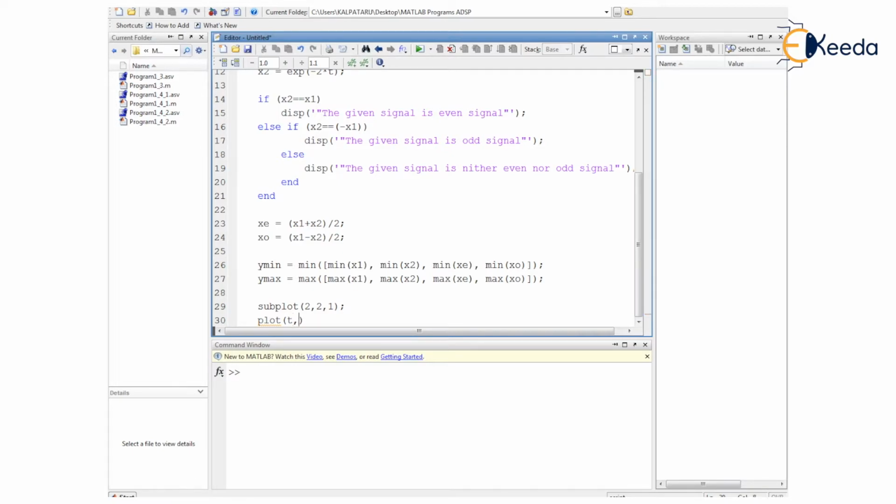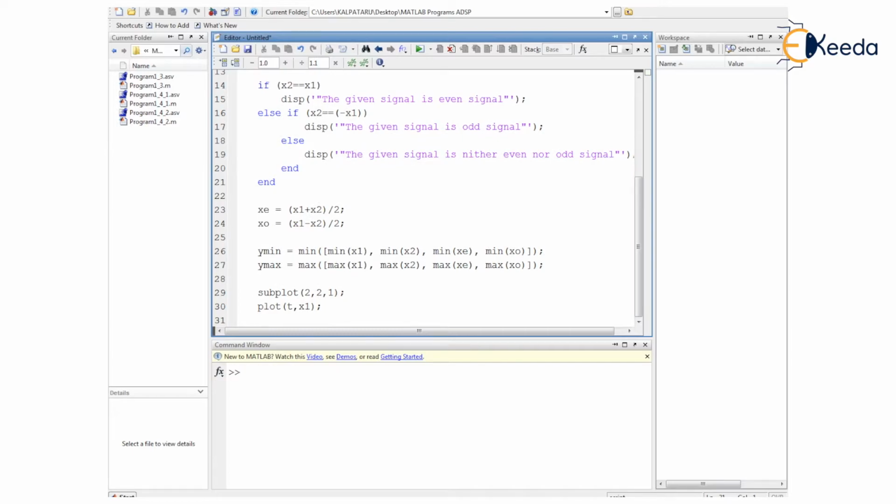It requires input arguments: one is time as the parameter, so I put t, and the second is the signal information, here x1. So t comma x1, and thereupon I will require the axis information as well.